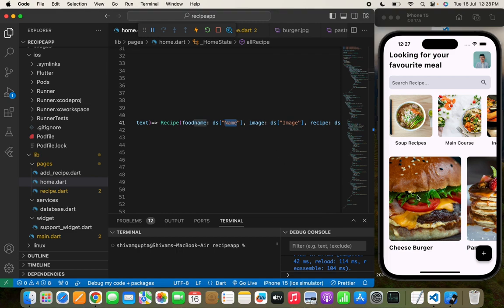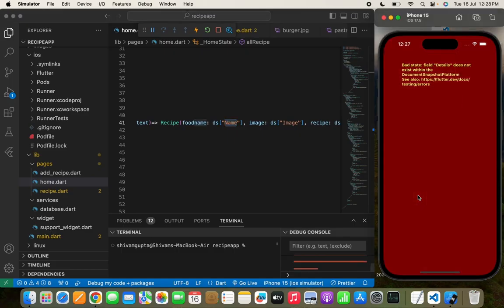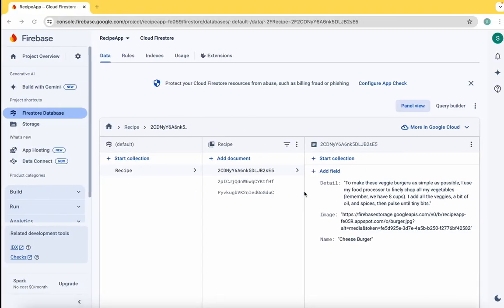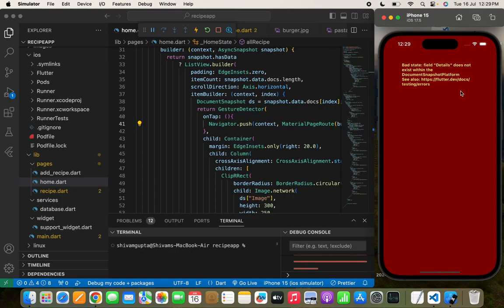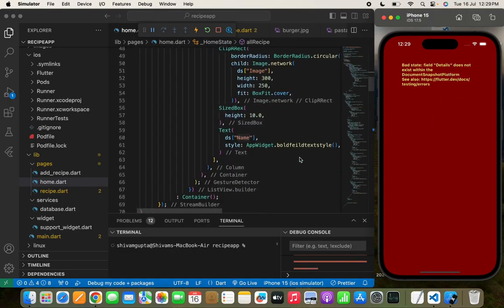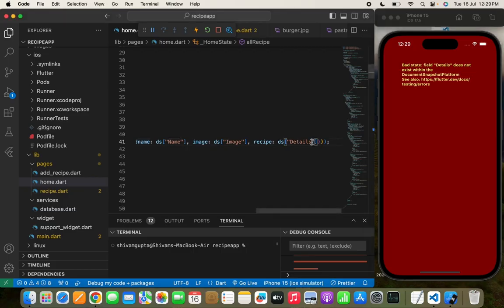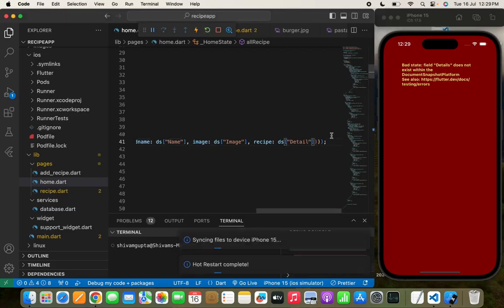Now let's tap to this recipe, and here you can see that details does not exist. So I think we have made some spelling problem. So let's check to the Firebase. So let's move to the Firebase. So as I was telling you that the field name should be exact. So here you can see that we have wrote details, and here it is wrote just detail. So you can see that by just adding an s, we can simply get an error that it can't read a field name. So we need to change details to detail, and let's hot restart it again,